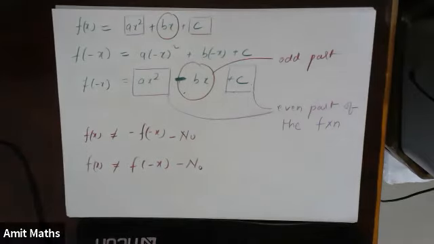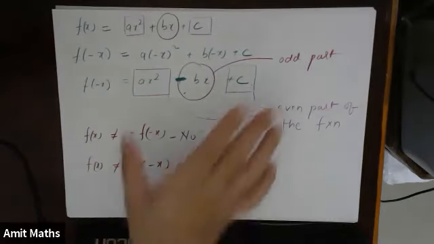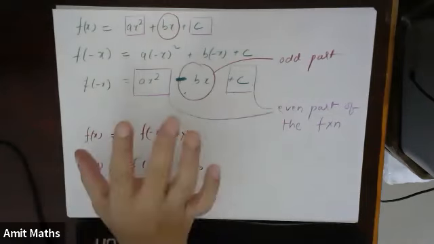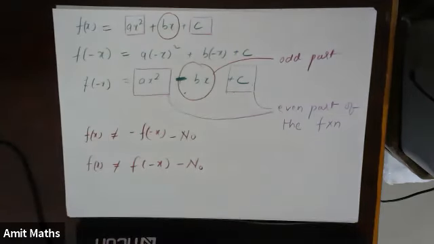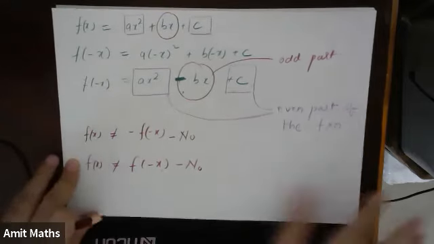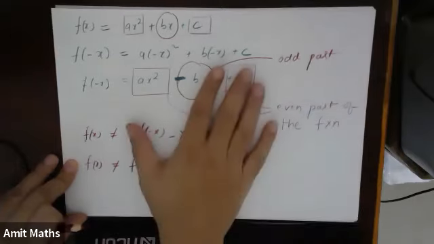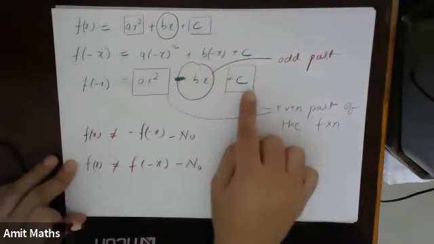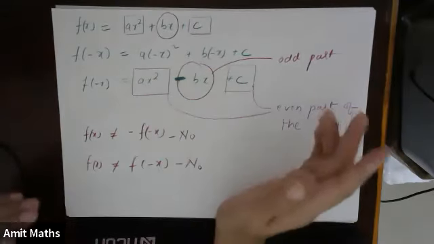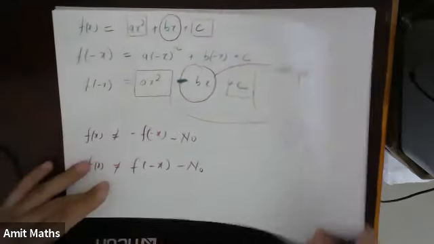Okay. So what will I infer from this? That any function, even if it is not purely even or purely odd, can be written in the form of its odd part and its even part. Okay, I'll give you an example. So I hope this particular part is okay, that the function can be neither even nor odd.